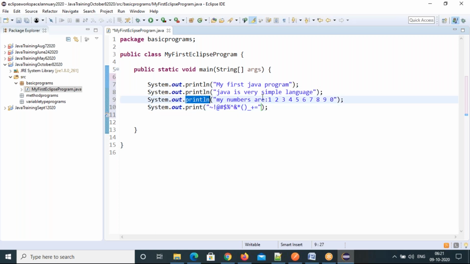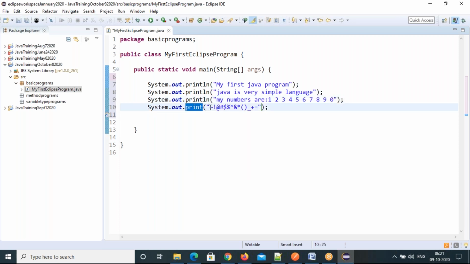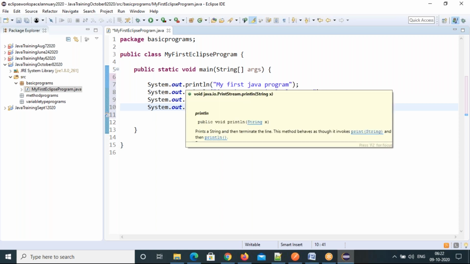So println will print this statement, whatever you specified in the double quotes or within parenthesis, and the cursor will move to the next line. But with print, it prints this statement and stays on the same line only. Cursor won't move to the next line. That's the difference between print and println. ln means new line. Cursor will move to the new line.